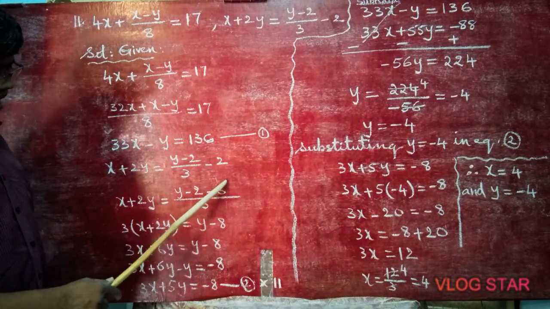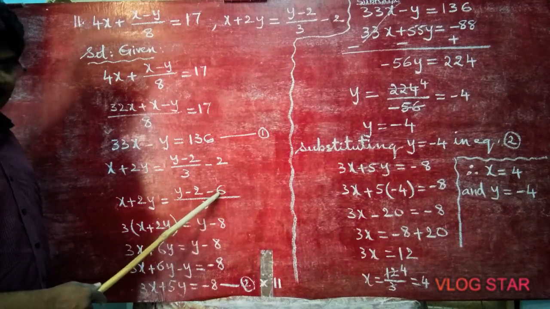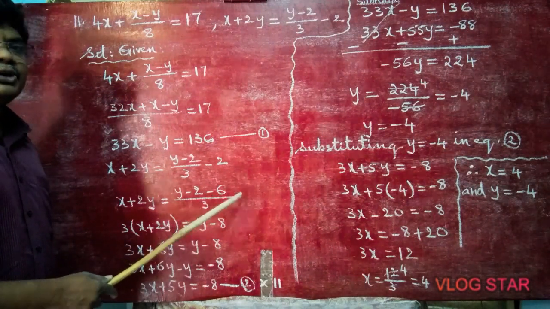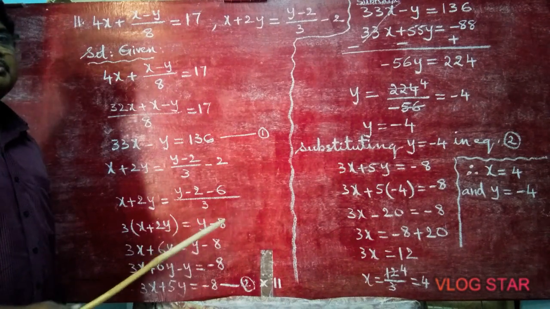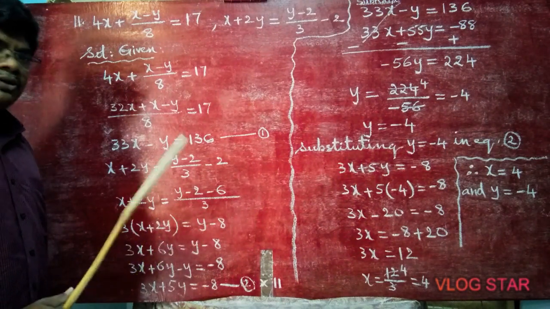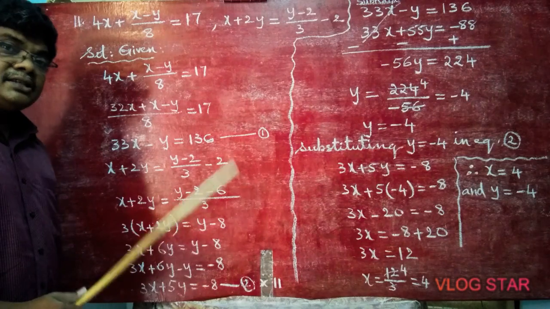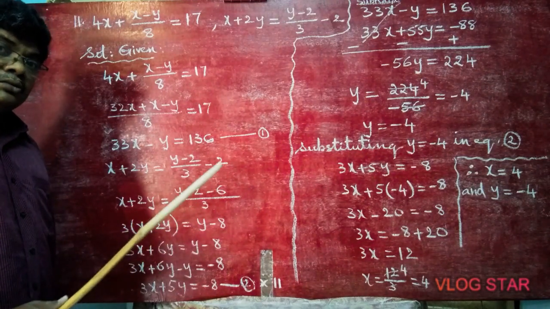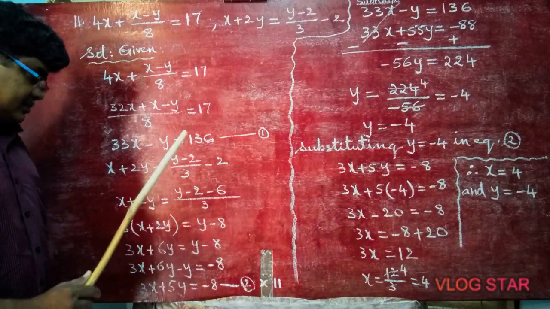Sir, why did you not keep brackets, sir? You told when minus comes, bracket. Here a single term is there, one term only. If 2 terms are there, compulsory you have to put a bracket. Are you able to follow? Don't keep doubt as doubt. That doubt will be a doubt in coming days.